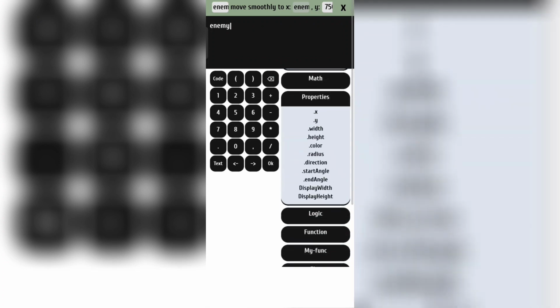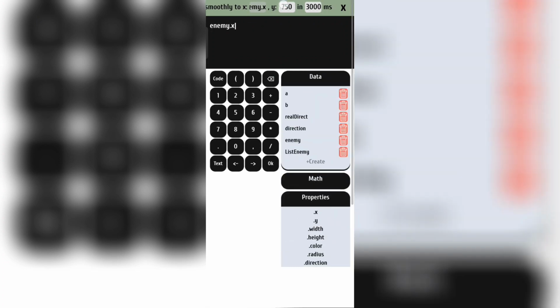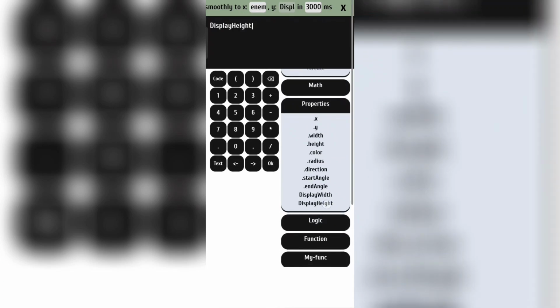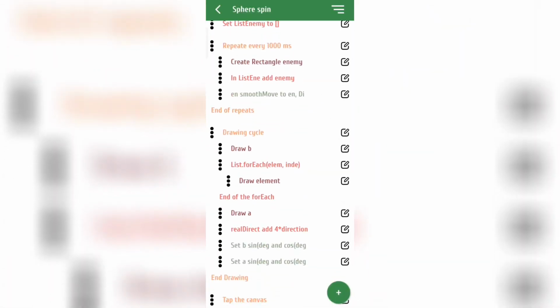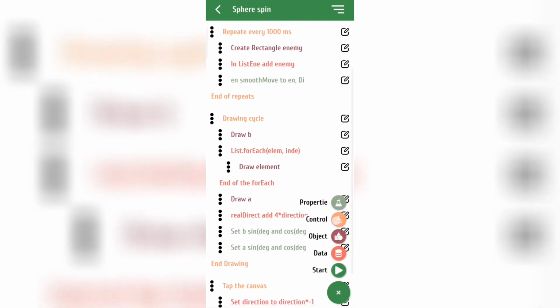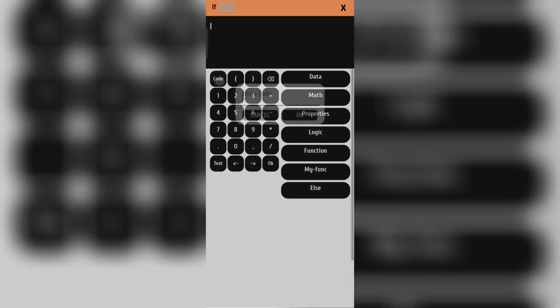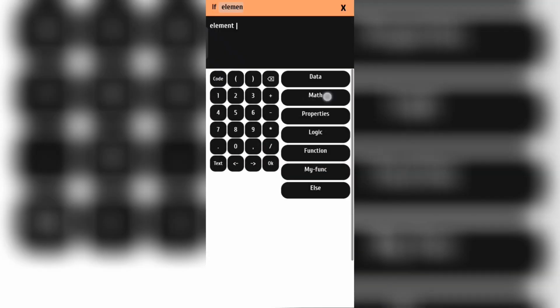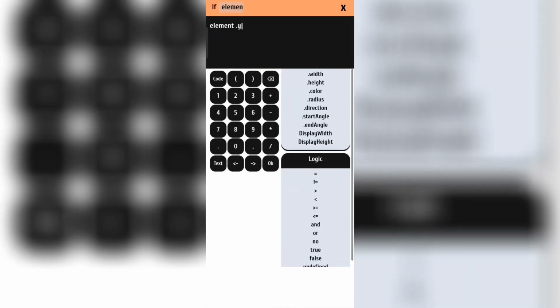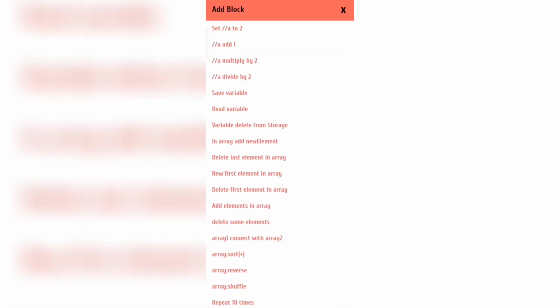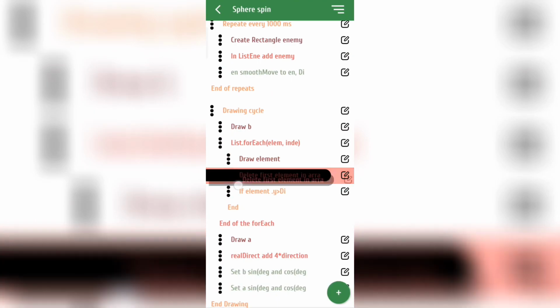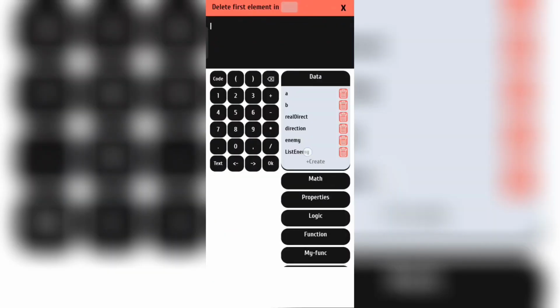Additionally, I changed the final value of y so that they will go up to the screen height plus 100. And to optimize the project, we need to remove unnecessary squares. So if an object is above the screen height, we will remove the first element from the list array, which will be the object that touches the bottom of the screen.